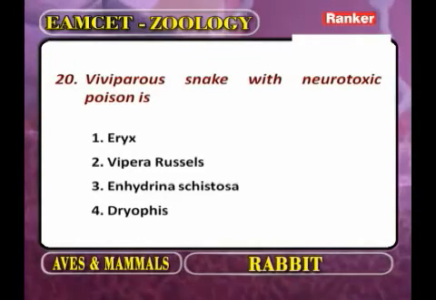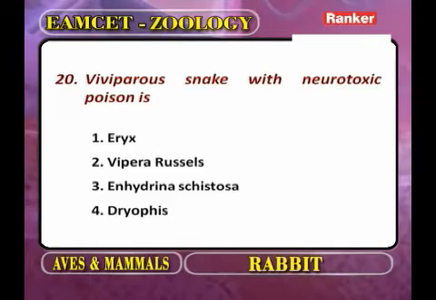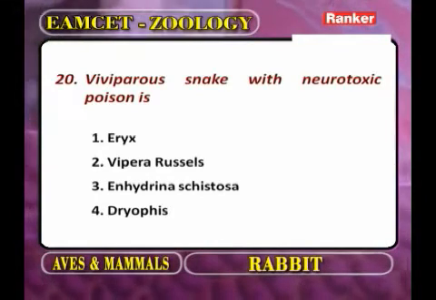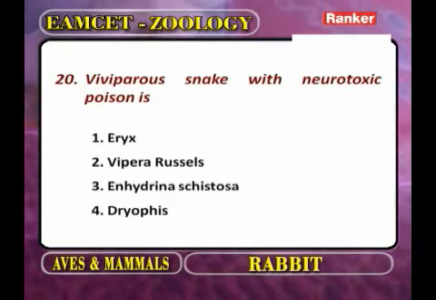Viviparous. What is meant by viviparous? Give birth to young one. Viviparous snake with neurotoxic poison. And now, as we observe the viviparous snakes,